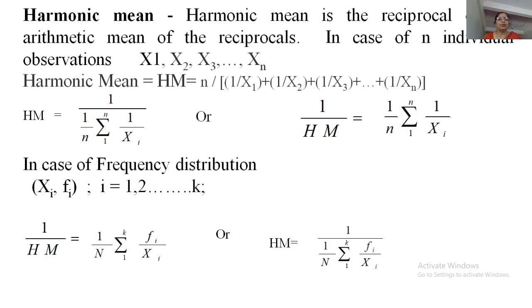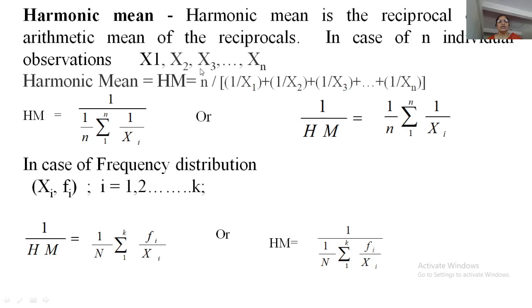Now the third type of computational mean is harmonic mean. What is harmonic mean? See, the definition is, it is a reciprocal of arithmetic mean of reciprocals of observations. So you first take reciprocals of all observations, then you add them, then take arithmetic mean of reciprocals, and whatever you obtain, you take reciprocal of that, which is called harmonic mean. So harmonic mean is a reciprocal of arithmetic mean of reciprocals of observations.